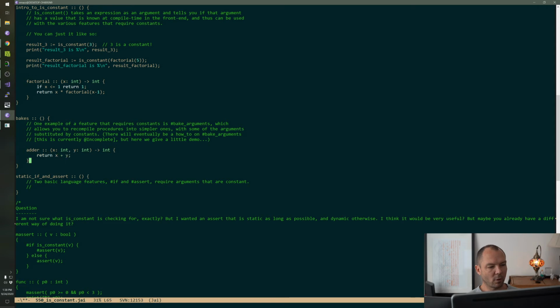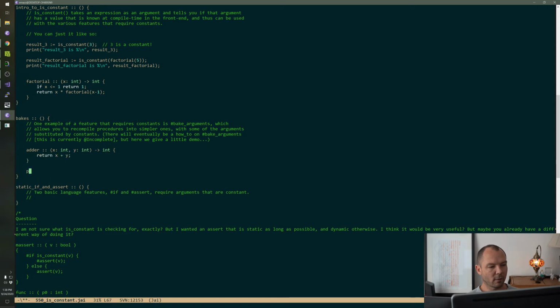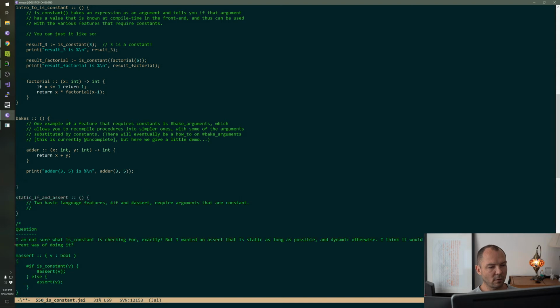Return x plus y. Okay, add 42 is bake arguments adder y equals 42. In this case, the 42 must be a constant.